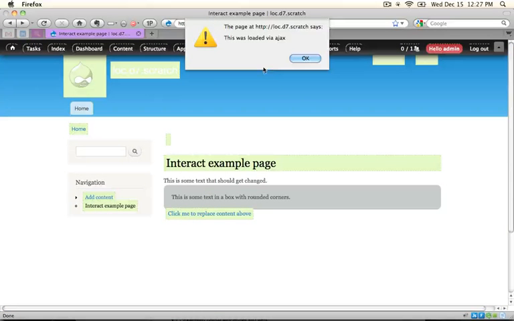When we do so, we get our alert that was added dynamically through our JavaScript file, and the styling has changed on all of our A and H1 tags on the page. Okay,